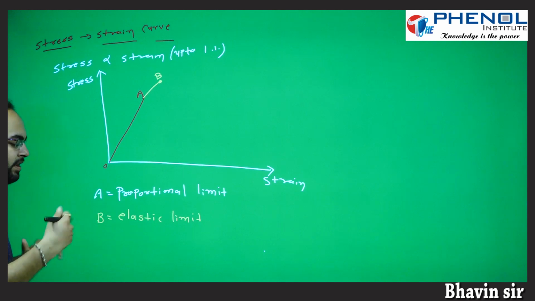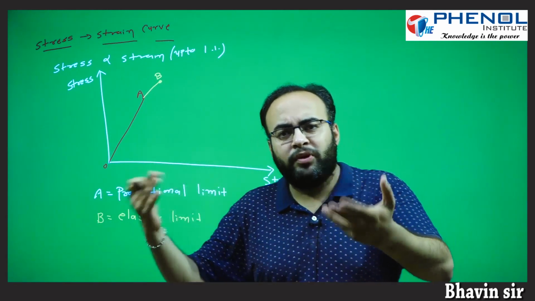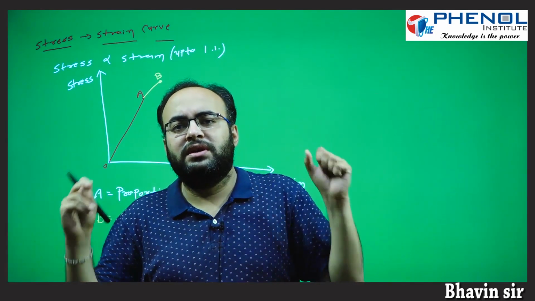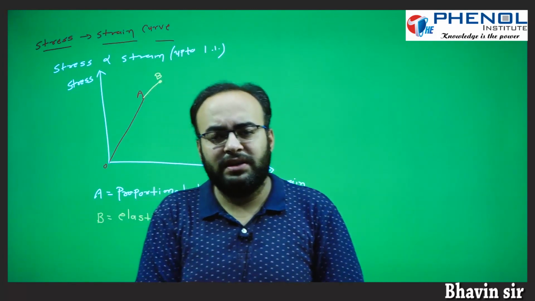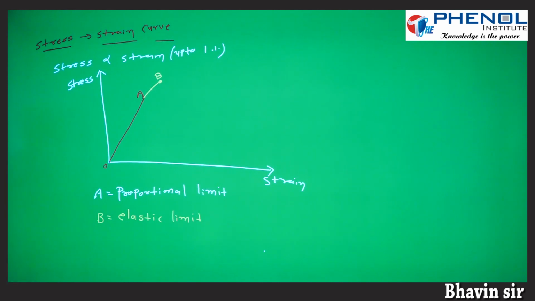Because after point A, stress and strain are not proportional, but at point B, if we remove the deforming force, then due to the restoring force, due to the stress, the substance can get its original shape. So point B is known as the elastic limit, but after point B,